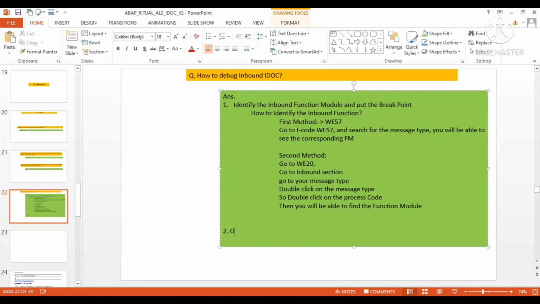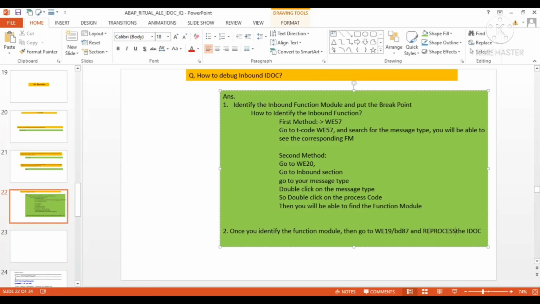So once you identify the function module, go to WE19 or BD87 and execute the IDOC, reprocess the IDOC.